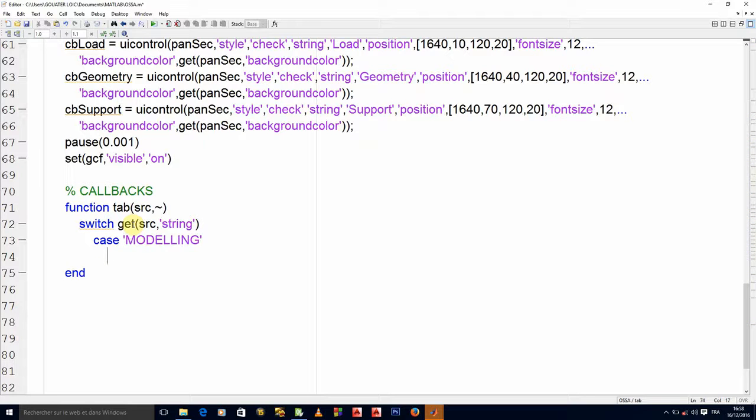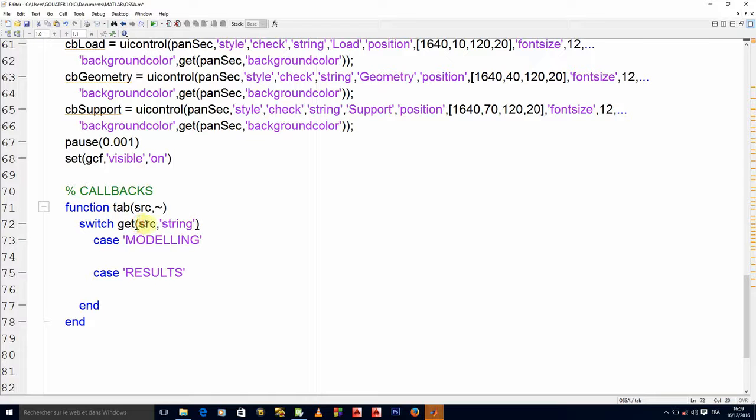And if I've clicked instead on results, then the string property will be results. So I have to program what happens for modeling here, and what happens for results here, right? Good.